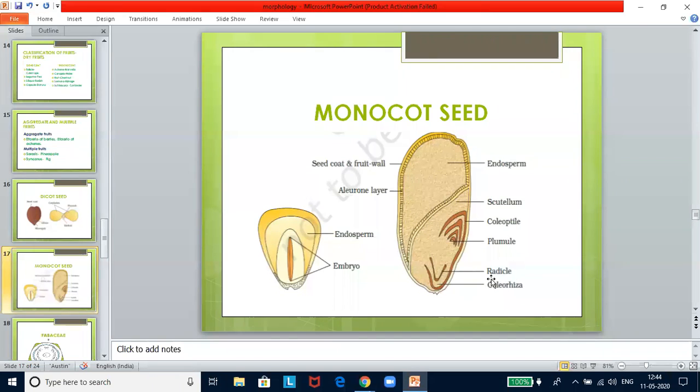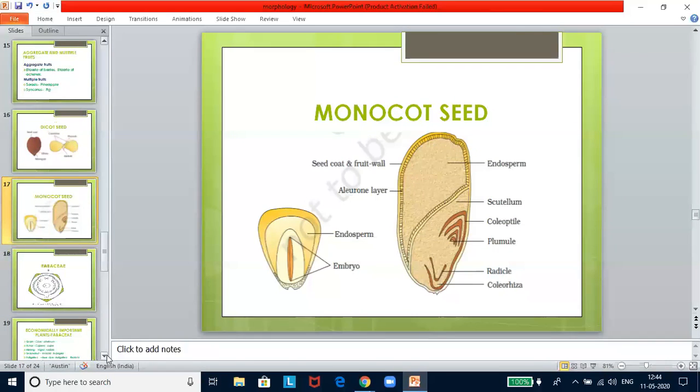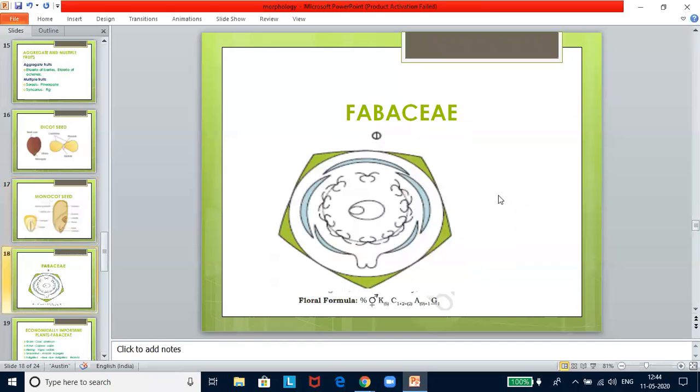So remember, rhiza means radicle, that is the root, R. Now coleoptile is for the plumule. Is it clear? Now let us look into economically important plants. Now the floral diagrams and floral formula are very, very important. Only for three families you have to learn. Please learn them together properly.